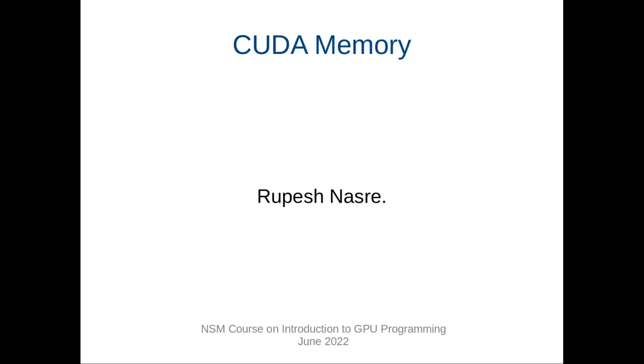Right. So last time we were discussing the computation part, and today we are going to look at the second very important part of CUDA parallel processing, and that is related to memory. As you know that